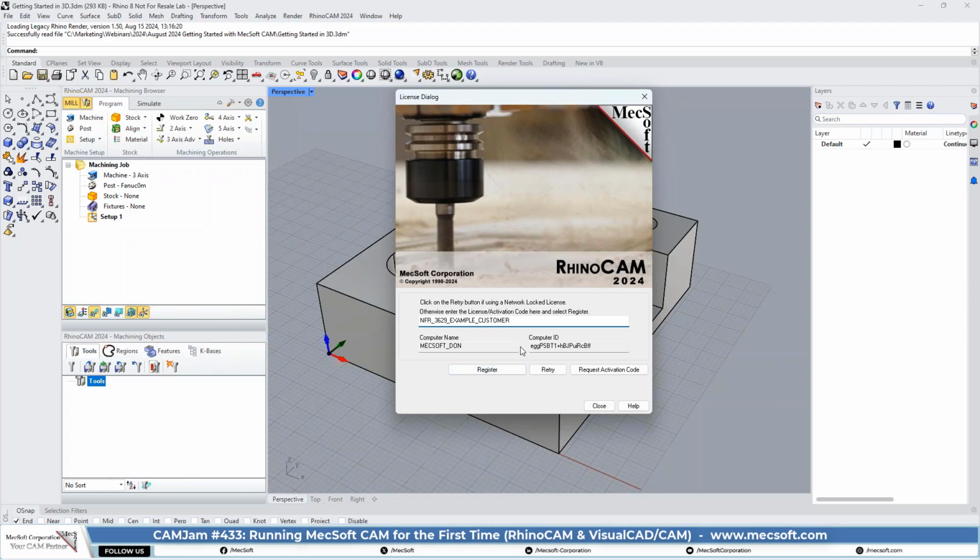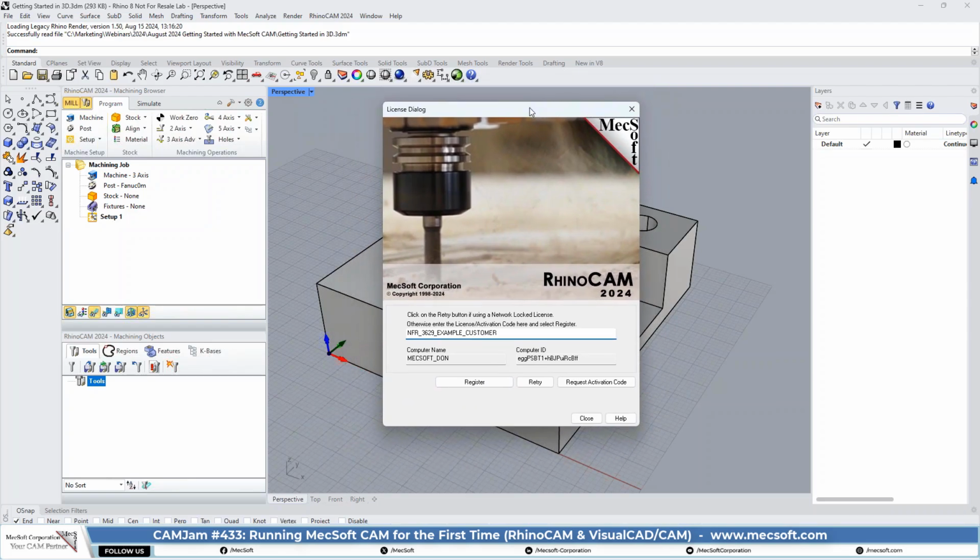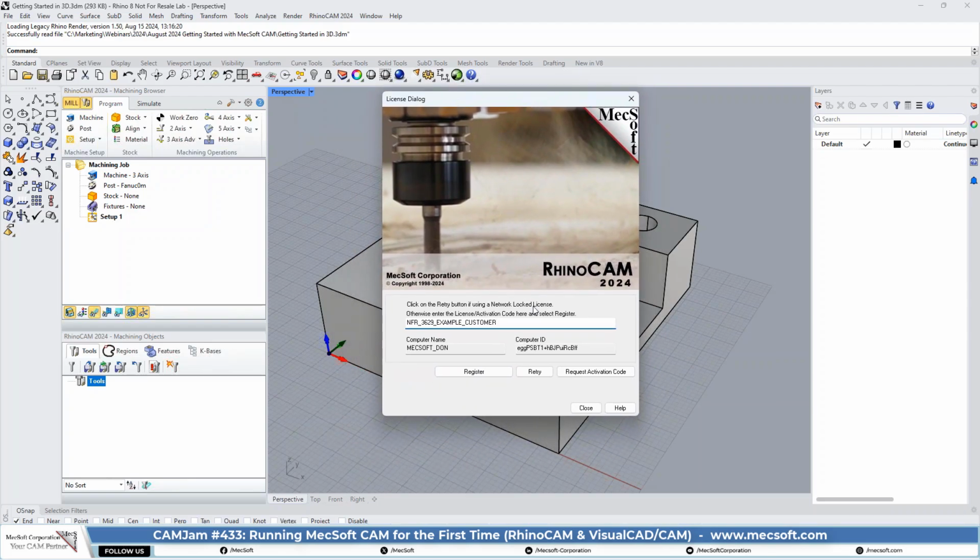Now let's talk about this dialog here while it's up. If you're going to run it initially and it's not licensed yet, you obviously have a register button. You copy and paste your activation code here. Go ahead and register the product. Also, if you don't have an activation code, the program will come up in demo mode just like we showed you. And if you run the license dialog, you can actually request your activation code. Let's go ahead and do that if you happen to need to request it.